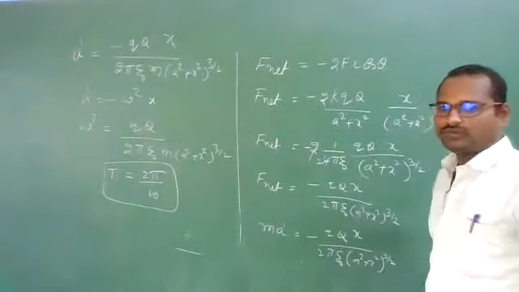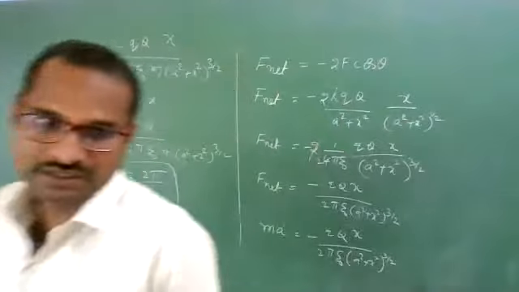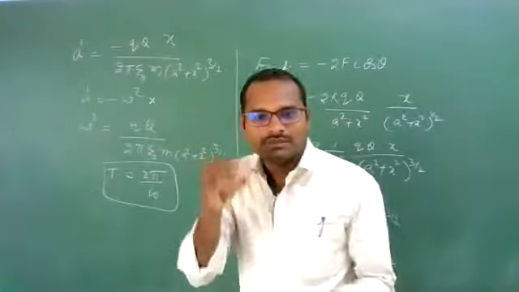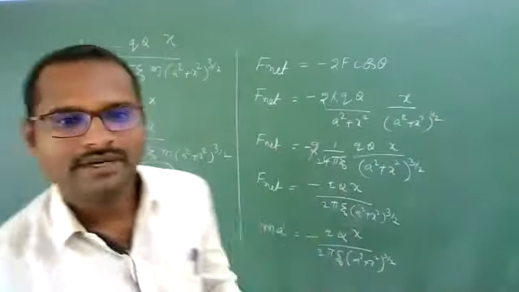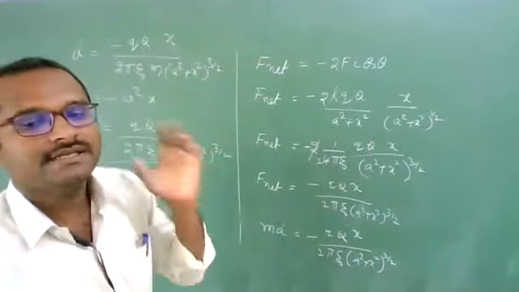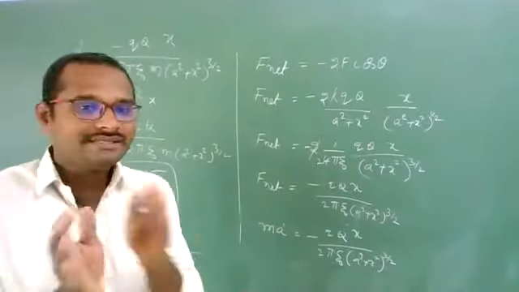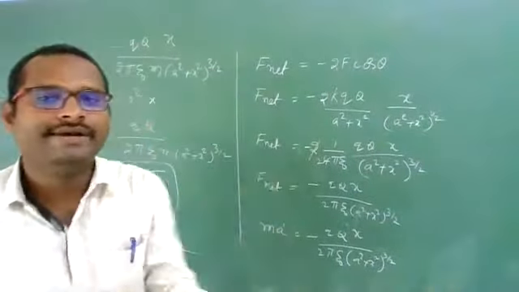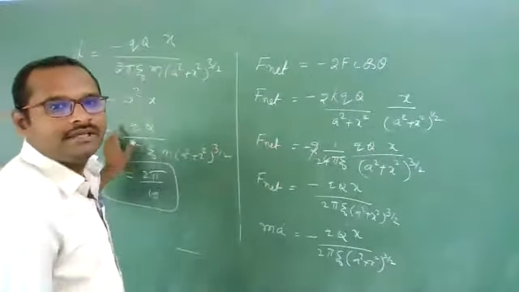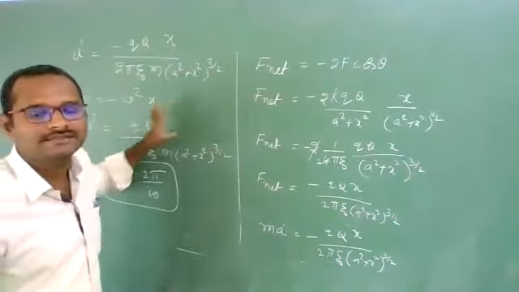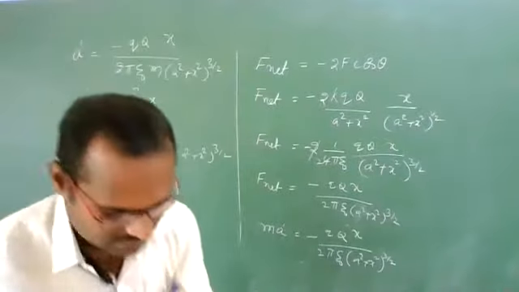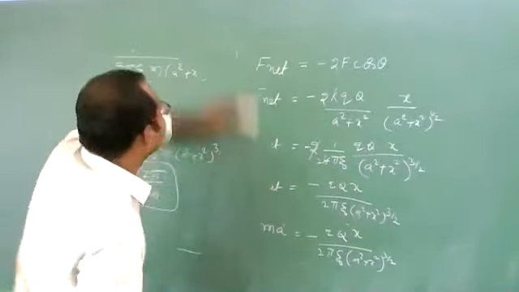I hope you are understanding what I am explaining for you. Clear enough? This is how we need to find. The only thing is you need to find whether along this line joining, whichever line they have given, it is in stable equilibrium or unstable equilibrium. Once it is in stable equilibrium, you need to find net force. After finding the net force, you need to convert that equation in this form: A is equal to minus omega square X. Finished. Clear, students? Now let us take still more different points.